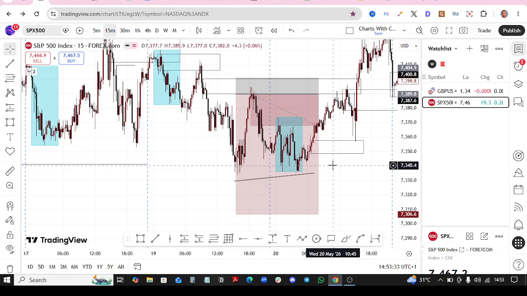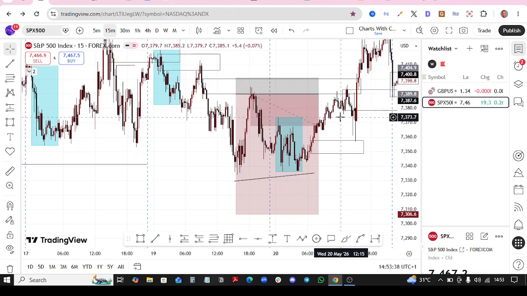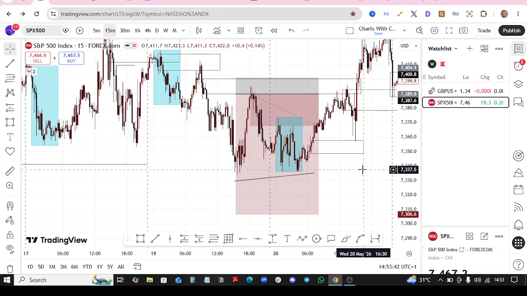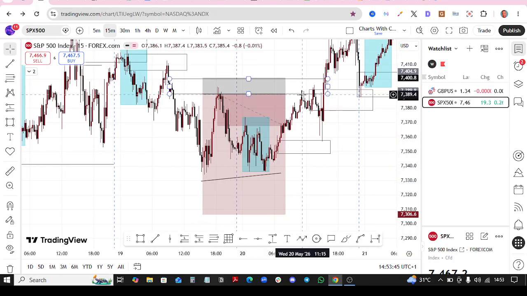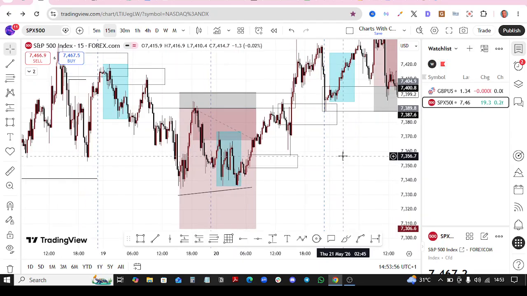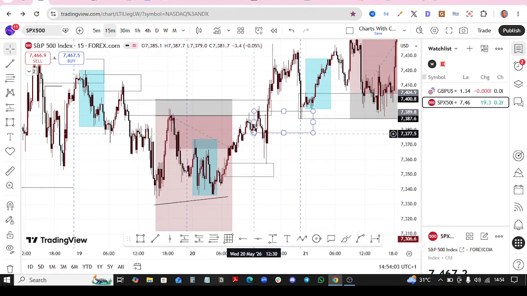So when I noticed this market structure shift, price was changing direction. I broke even on this trade, right? And as you have it, price came, hit my break even, and took me out of the trade and continued buying. So if I had not broken even, that would have been a loss, right? So some persons are actually against breaking even, but then there are certain times when it's very reasonable for you to break even, right? So immediately price failed this zone,